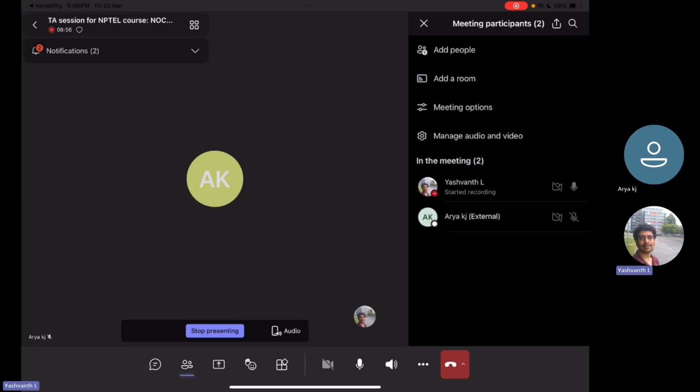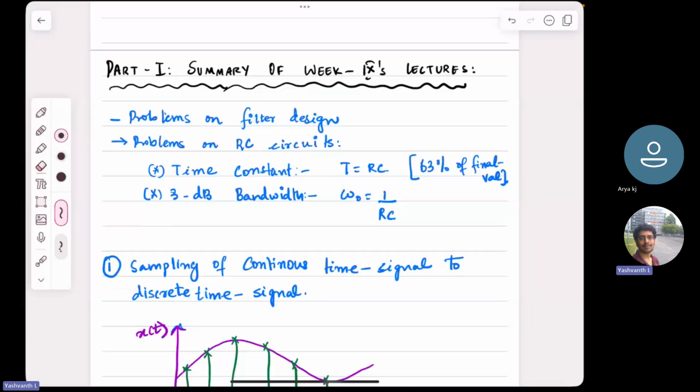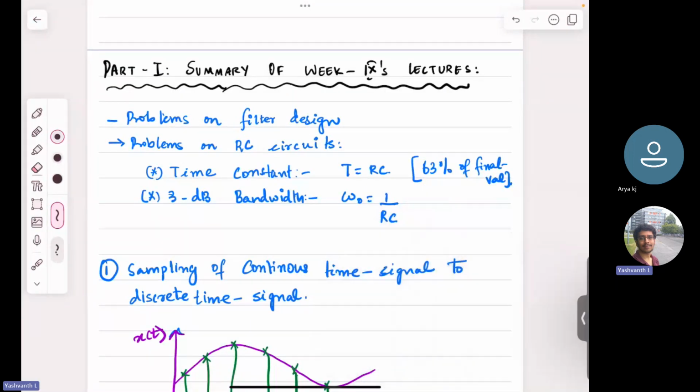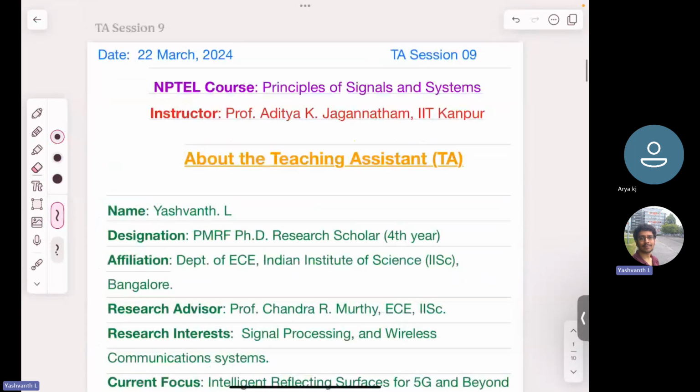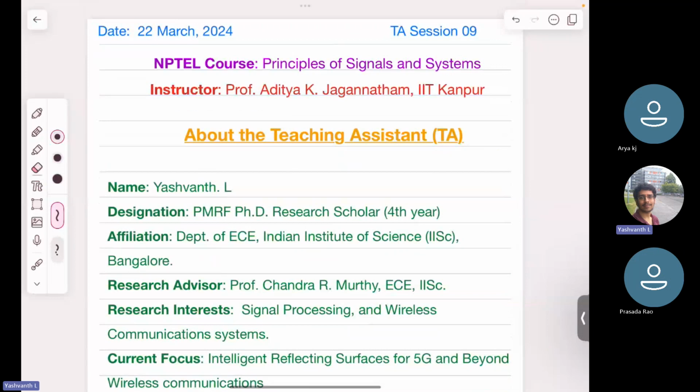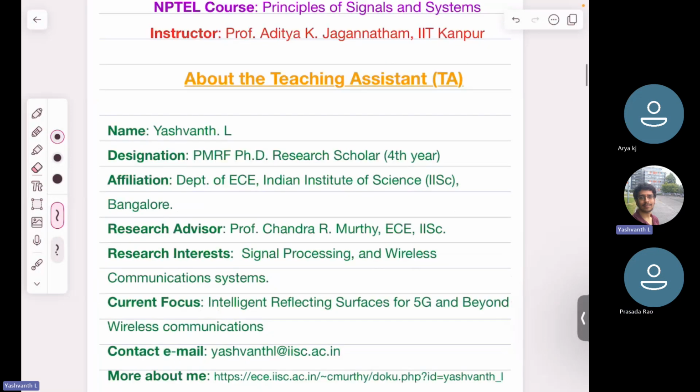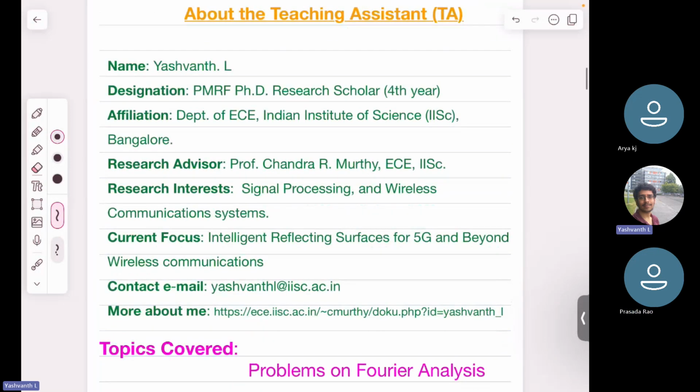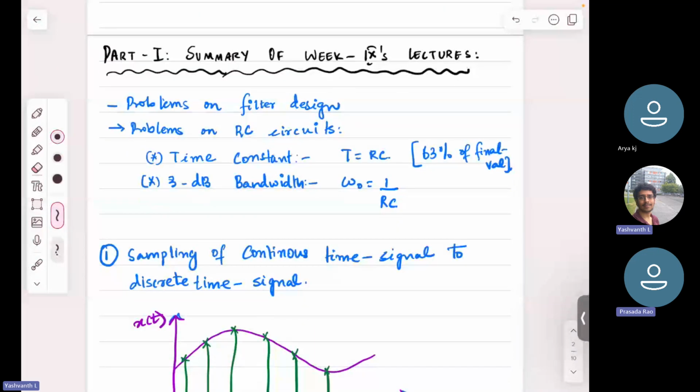Okay, so let's start with today's session, an NPTEL session. This is a 9TA session, and this is on principles of signal systems. My name is Yashvanth, and I'm from IISc Bangalore. Okay, so part one is going to be on summarizing the week 9 lecture, where the lecture started with